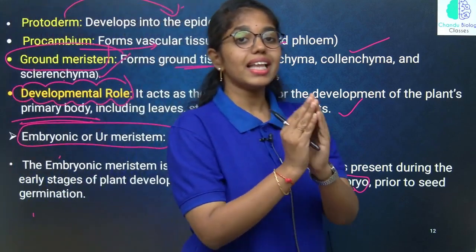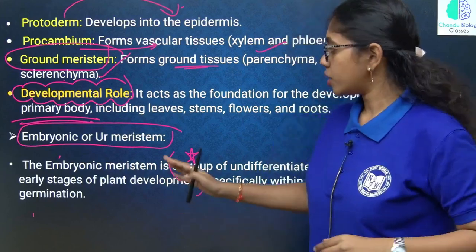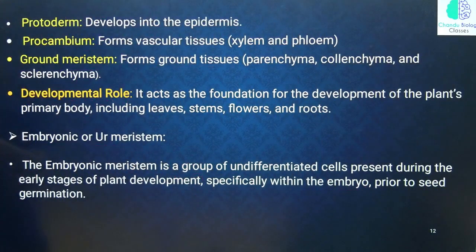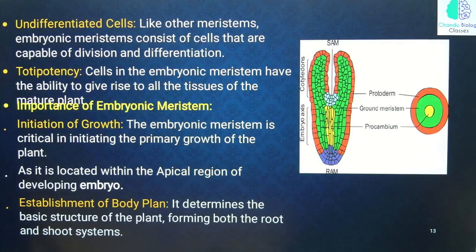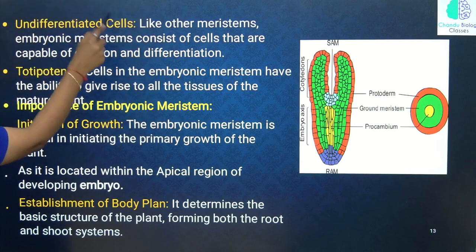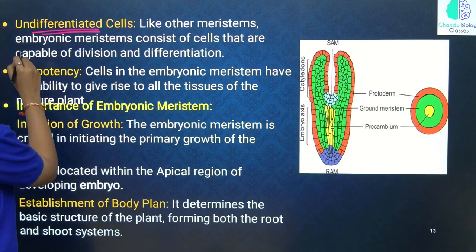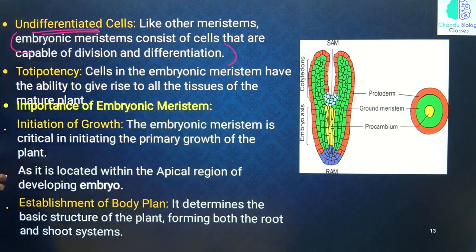They are present in the embryonic region. That is why they are called embryonic meristems. Yes, if we look into the functions or the activity they perform, these are undifferentiated cells. Like other meristems, embryonic meristems consist of cells which are capable of division and differentiation, and